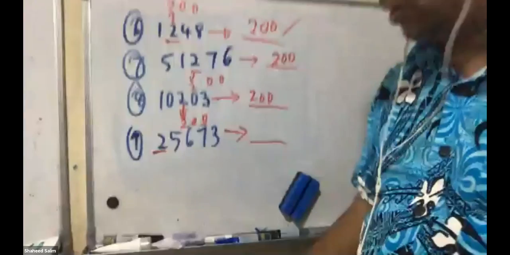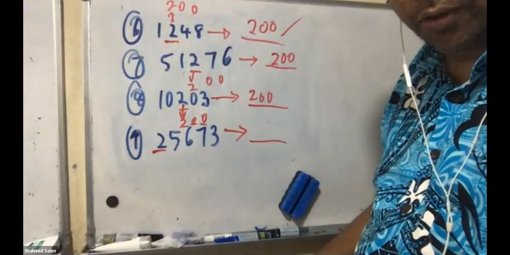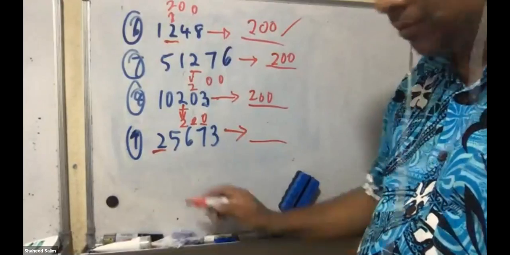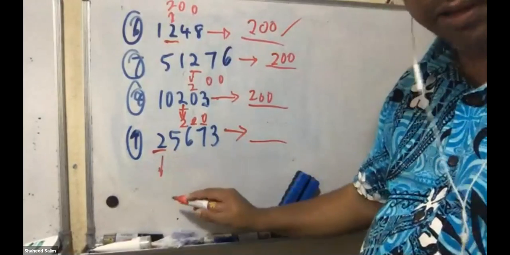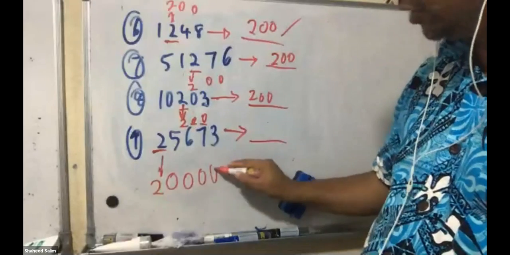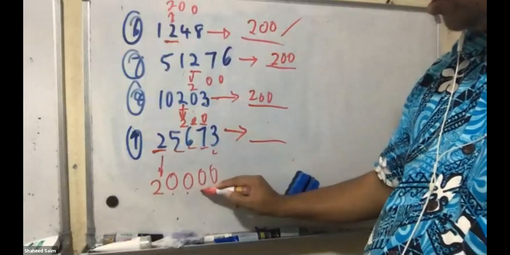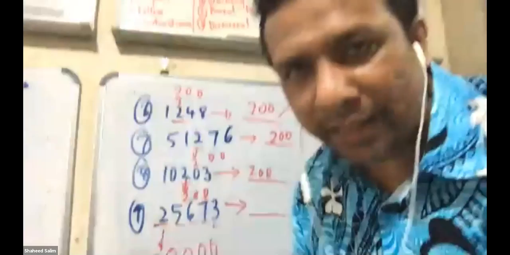We'll ask Miss Auni. What's the answer for this one? Or you can read out the number to me. 20,000. Okay, there are 4 digits here. So there's 1 zero, 2 zeros, 3 zeros, 4 zeros. Okay, I think more or less you know how to do this, all right?